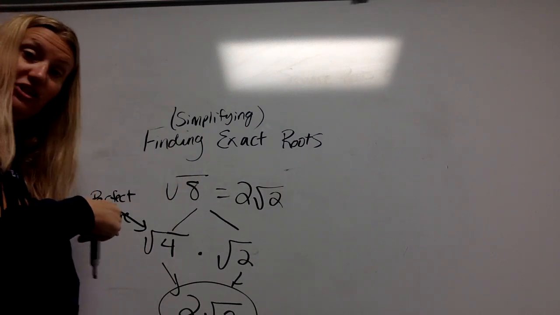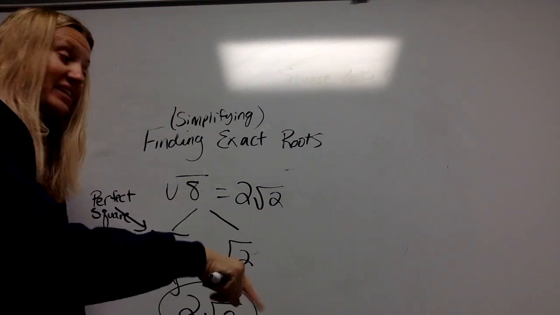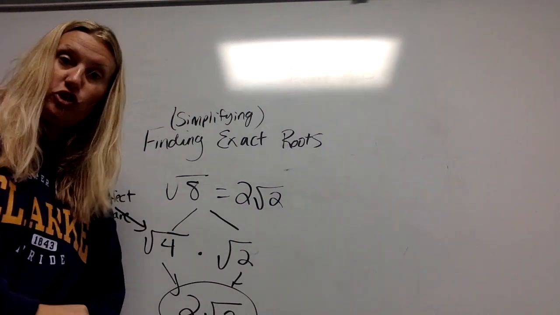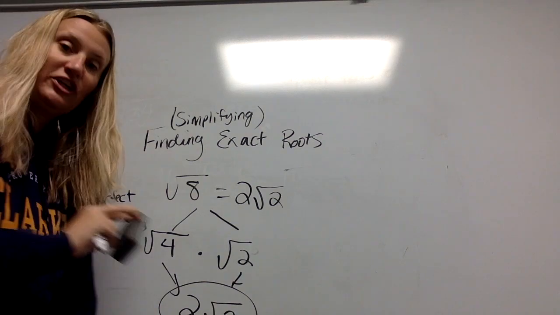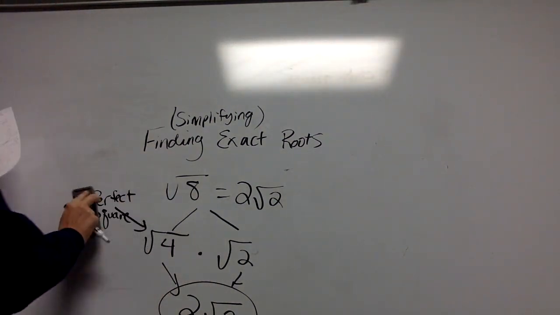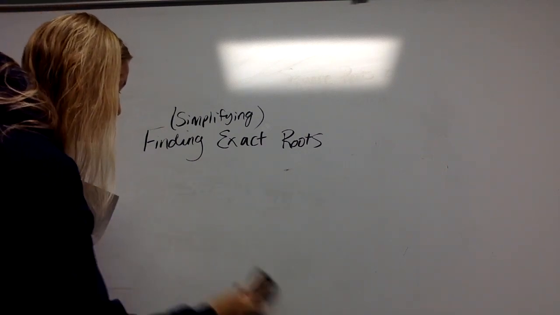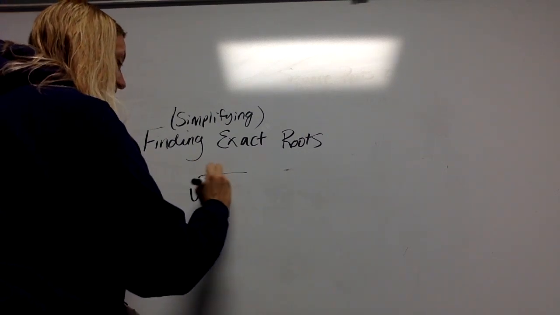Now you can plug these into your calculator to check. Square root of 8, look at that decimal, 2 times the square root of 2, and you're going to see that same decimal. All right, let's try another one. We're going to go through this same process. So if I have the square root of 500,